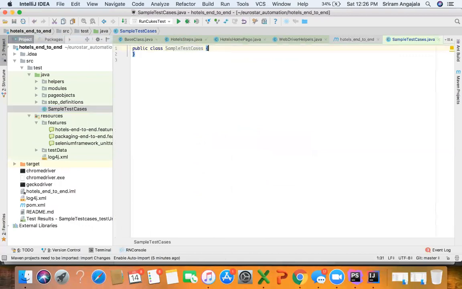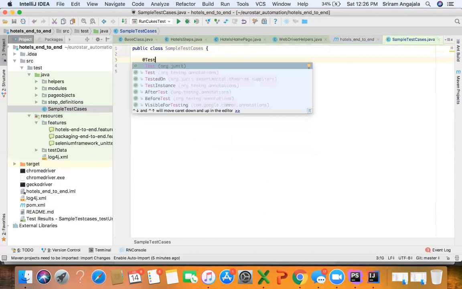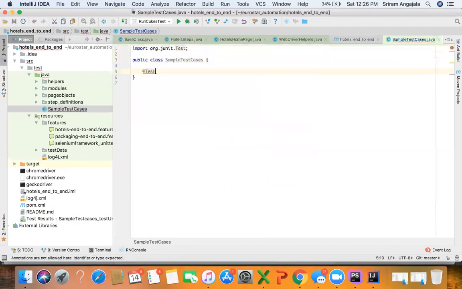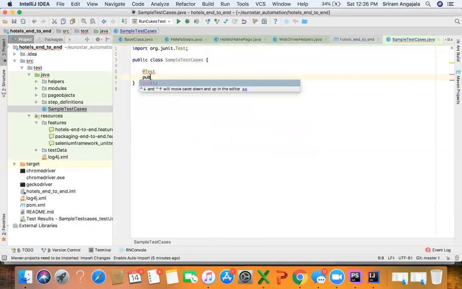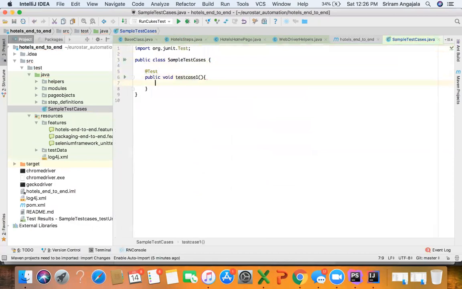Okay, so if I put a test here, this is what your test runner is about. Now what I will do is write public void test case 1. This is your test runner, right? And here you will write your code, System.out.println, whatever it is, or assert